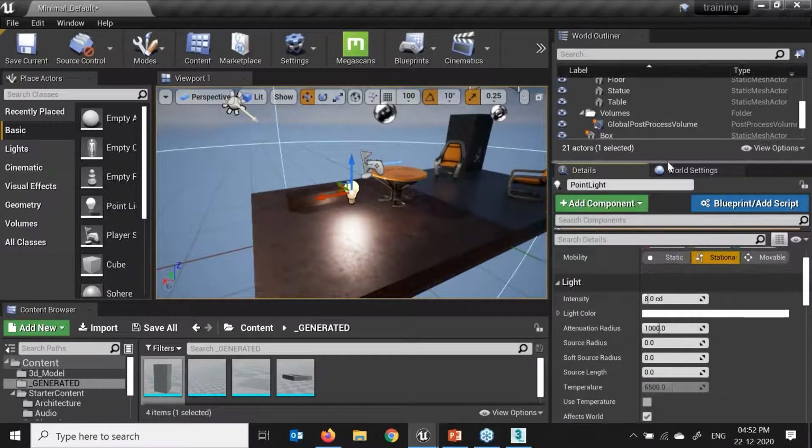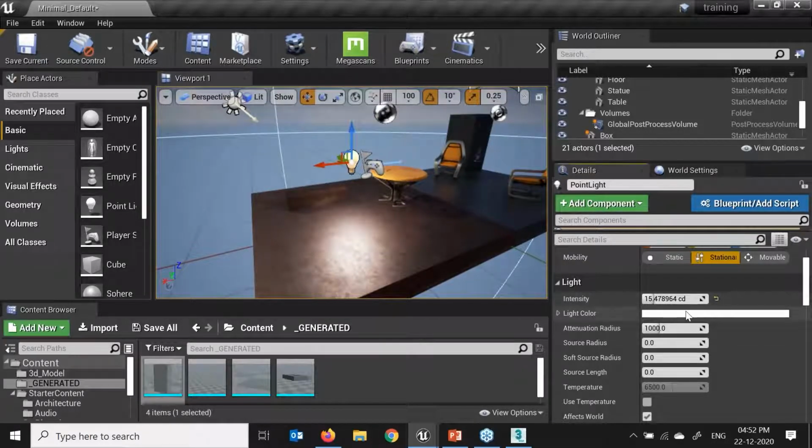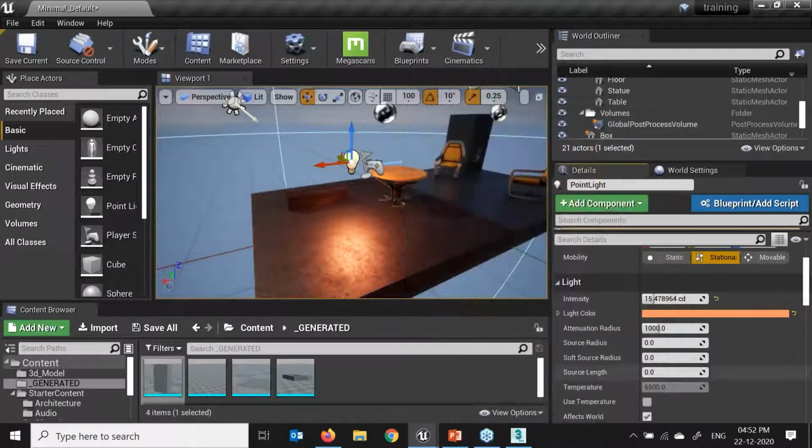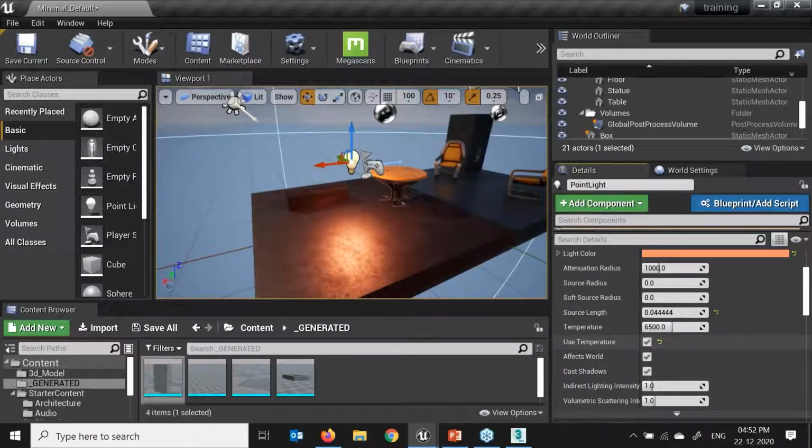Details, just click over here. Intensity: what kind of intensity do we require in our scene? Just drag it over here. Light color, select, and we can change the light color. Say okay. Source radius: if we want to change the radius, we can do that. This is the reset. Yellow, click over here. Default value. Source length, I can do that as well. Use temperature.